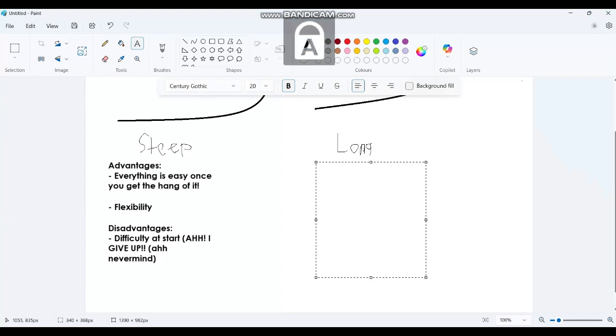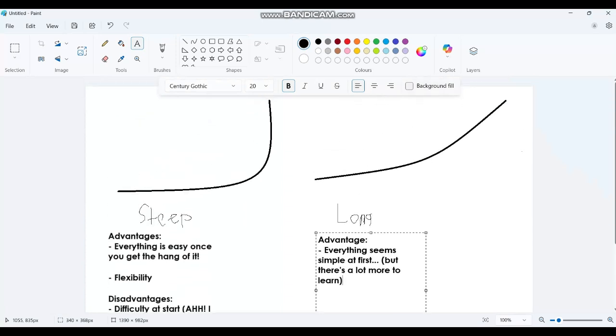So the advantages there might be that everything seems simple at first, but there is a lot more to learn, because the thing you are trying to learn may seem easy at first, but the only thing you didn't know is there is more to your learning routine, which means that